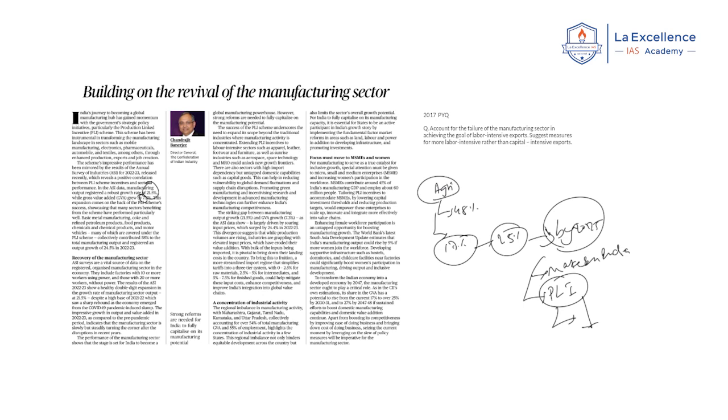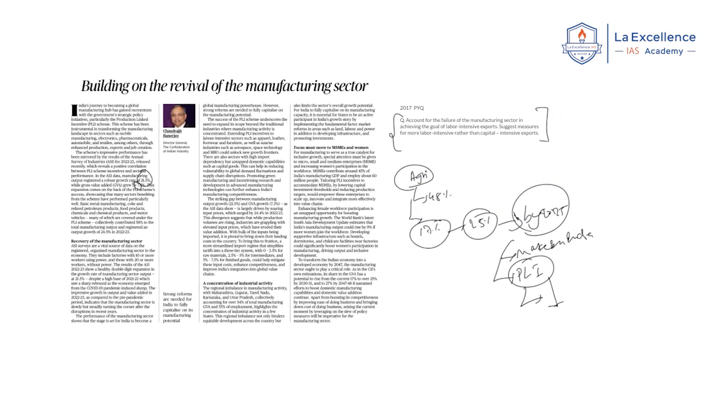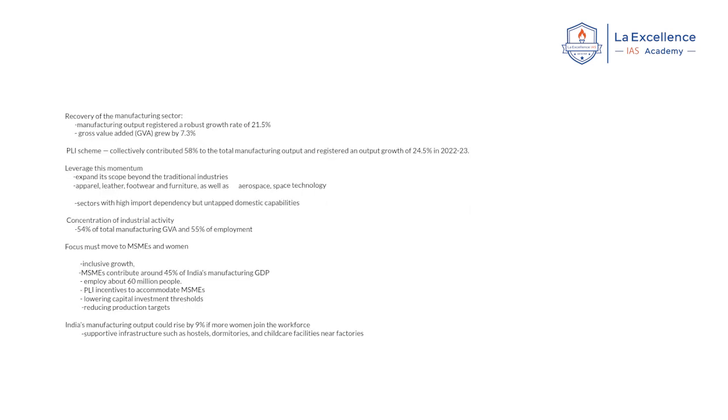If you see the previous year questions of GS Paper 3, manufacturing is a repeated topic. One previous year question of GS3 says: account for the failure of the manufacturing sector in achieving the goal of labor intensive exports. Suggest measures for more labor intensive rather than capital intensive exports. Whatever is said in this article by the author, you can use in the challenges or measures dimensions in GS Paper 3. This article said that